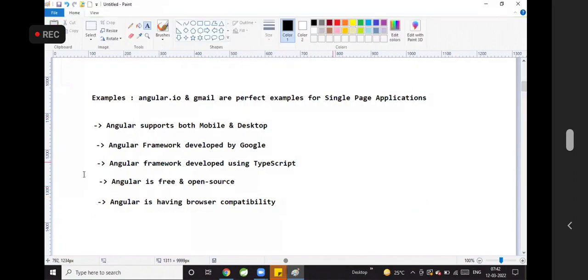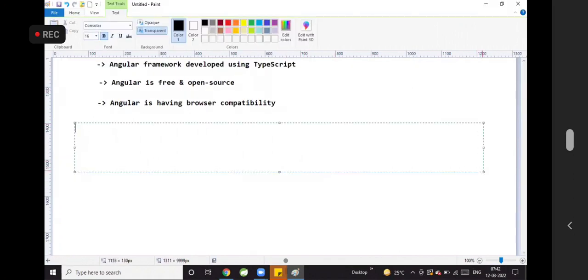Okay. Now guys, remember one thing. Note: AngularJS and Angular both are not